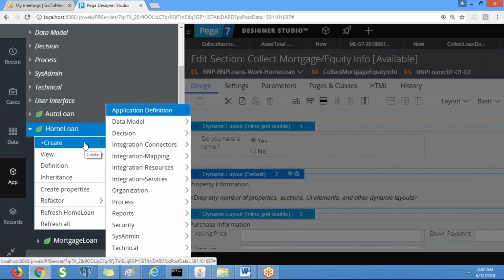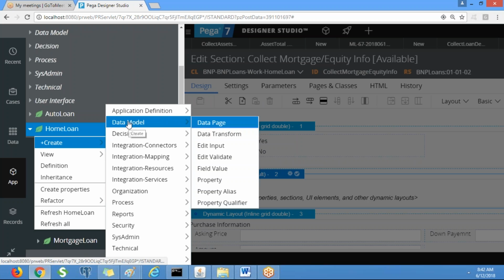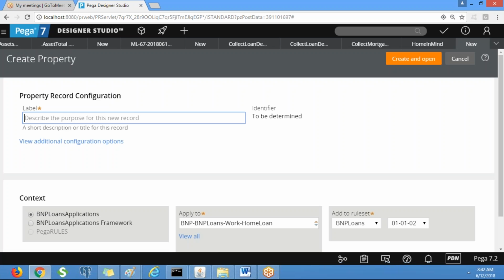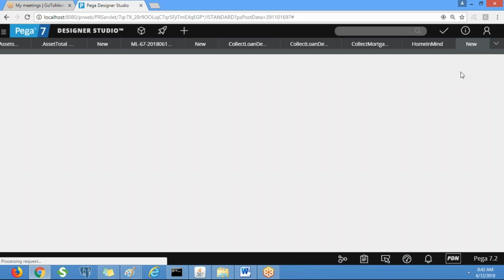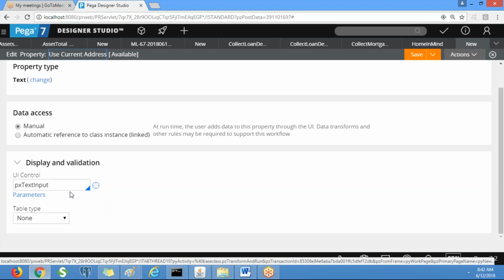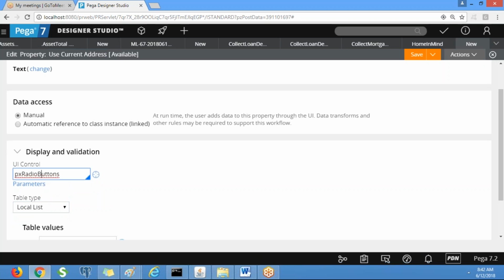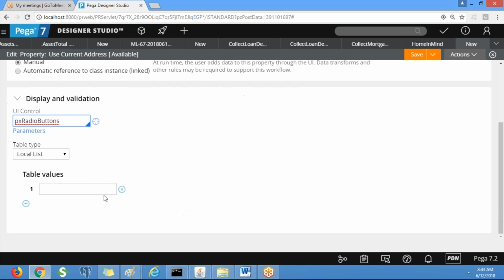Clear? Use current address. So this is a radio button. Provide the values in the local list, either yes or no.